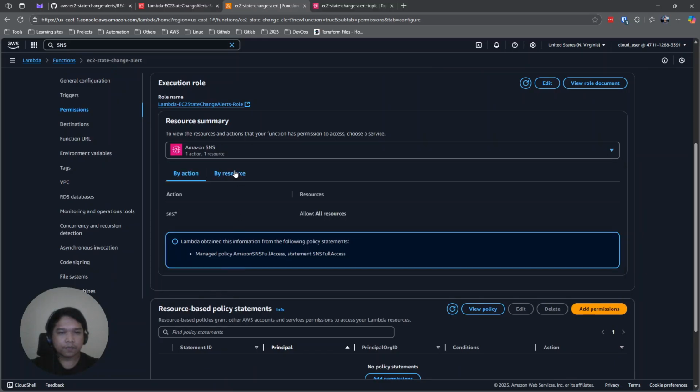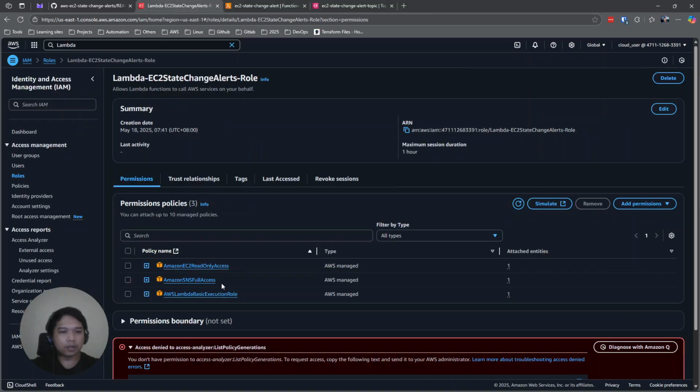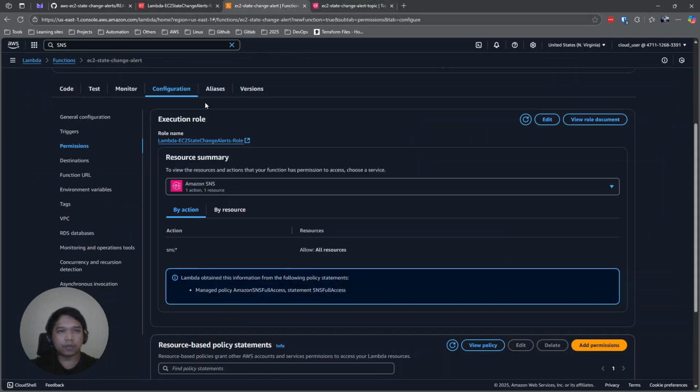Yes, we can see here it's all resources, meaning it allows all the actions with SNS. Remember, we added here Amazon SNS full access. So we are good with that one.